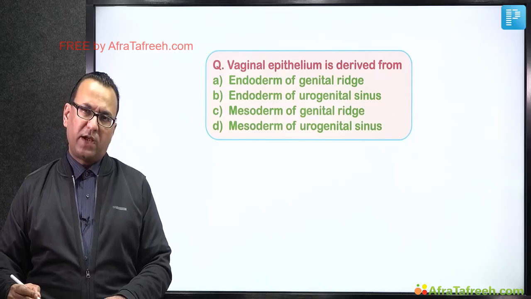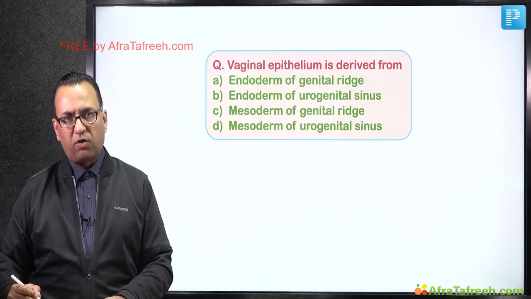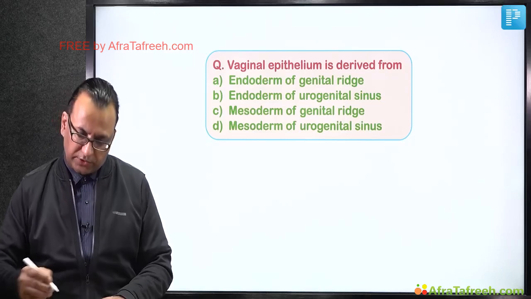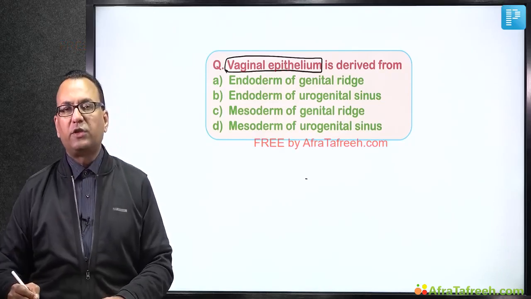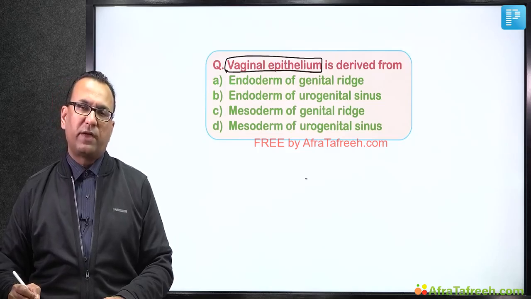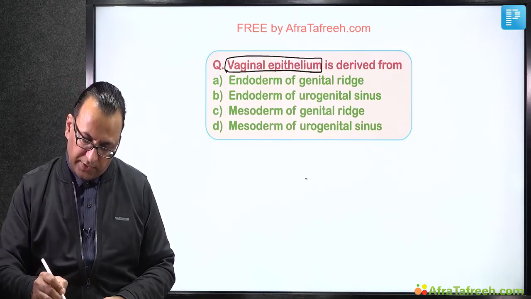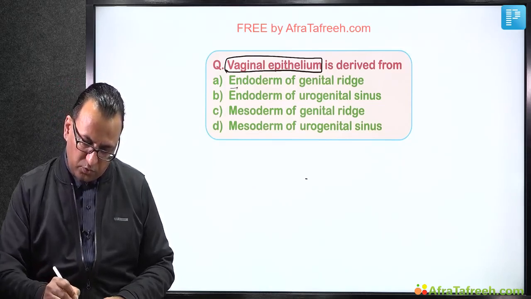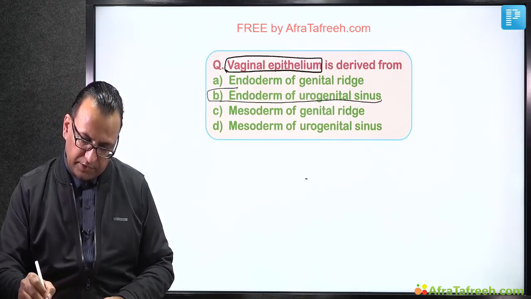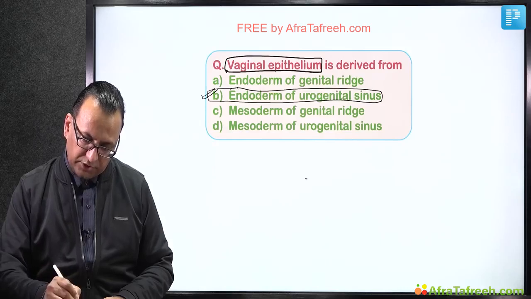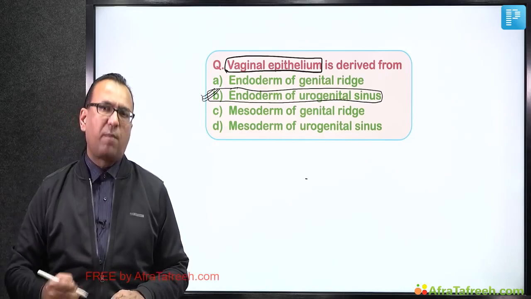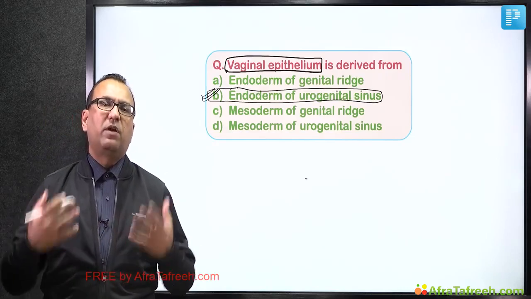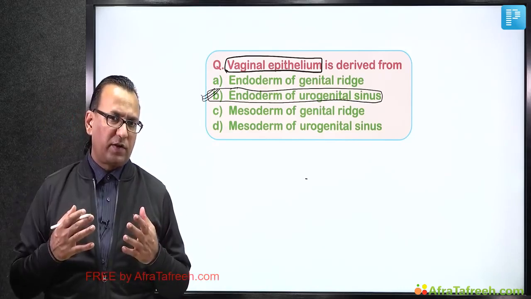As we talk about the endodermal derivatives, we have got one question here asking us about the vaginal epithelium. And this is one controversial question, since different authors will be giving different answers. But since most of the authors are resorting to the endoderm of urogenital sinus, we'll keep this answer here and mention that though the genitourinary system is chiefly developing from intermediate mesoderm, but the lower part of genitourinary tube, which